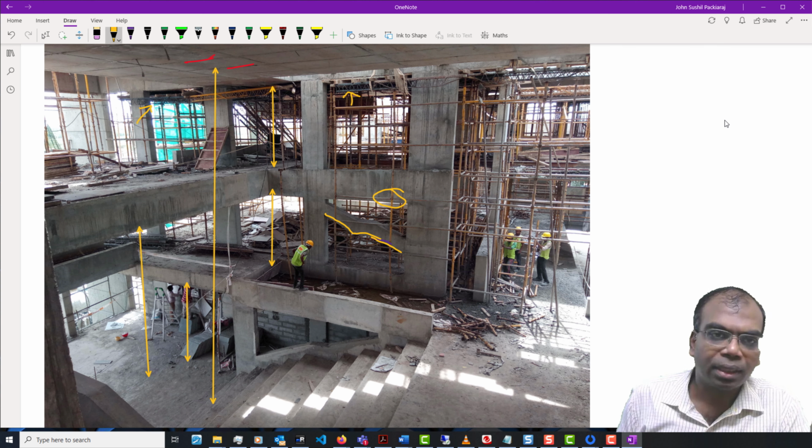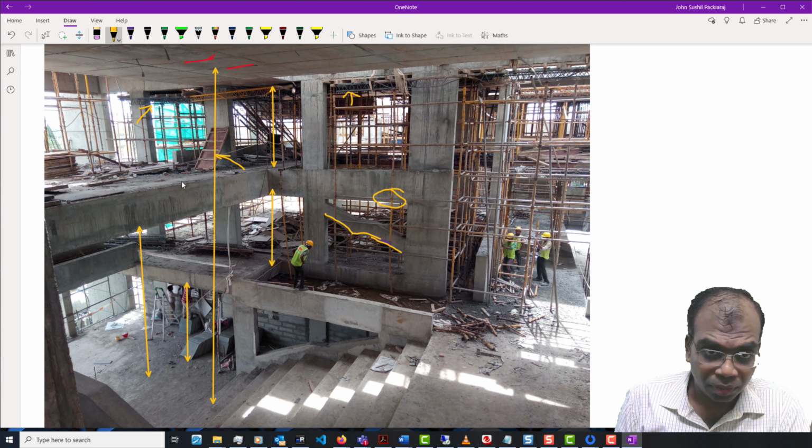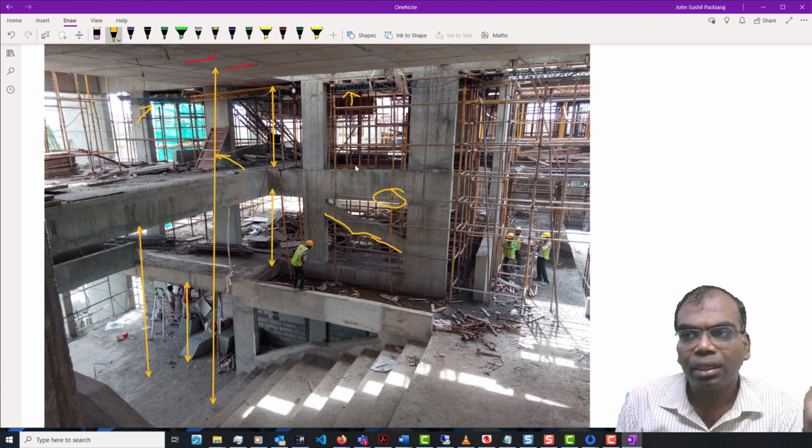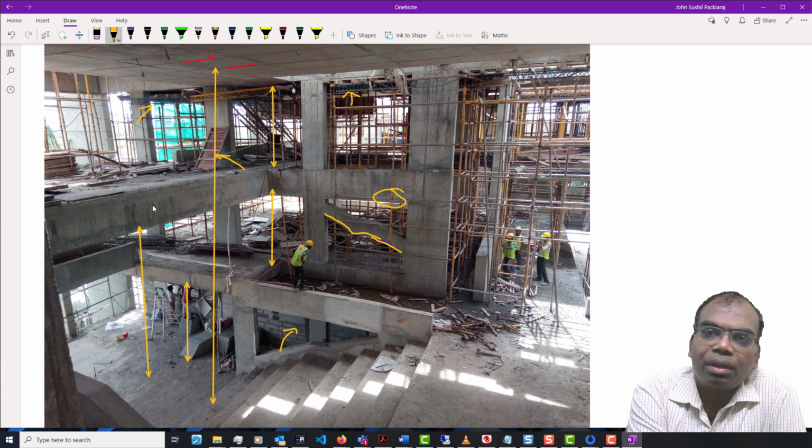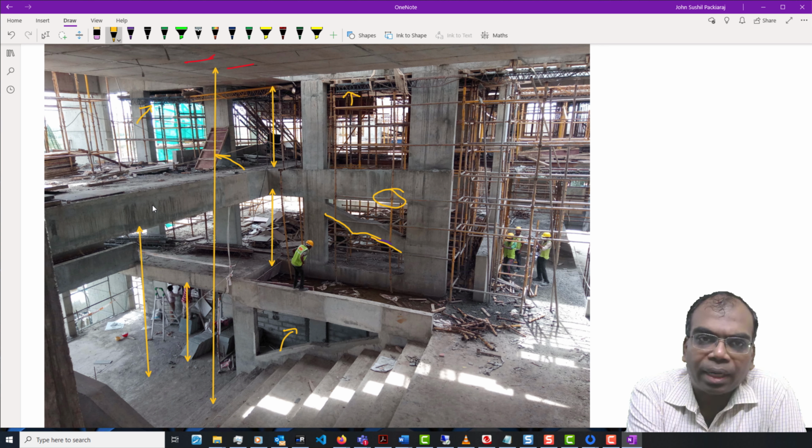You can see the shuttering board here. They used plywood shutter because many of the surfaces were to be exposed. They didn't have the luxury of reusing many of the shuttering elements. And one more thing you can see here, there are Aerocon blocks being used. A building of this nature is going to require a lot of planning. Spans are large, so the element sizes are automatically going to be very big.